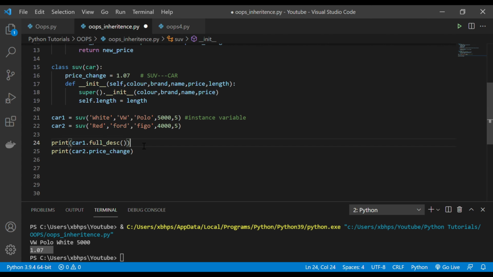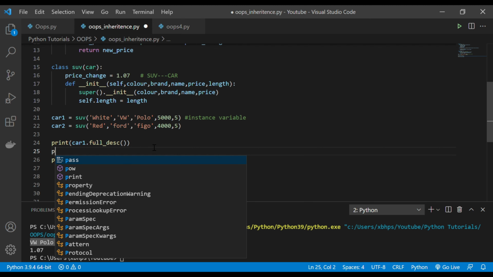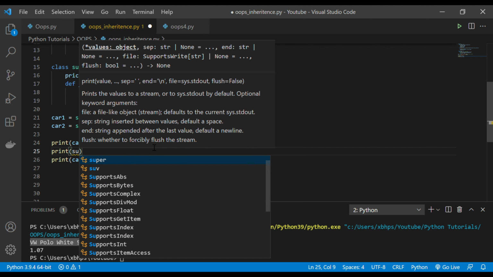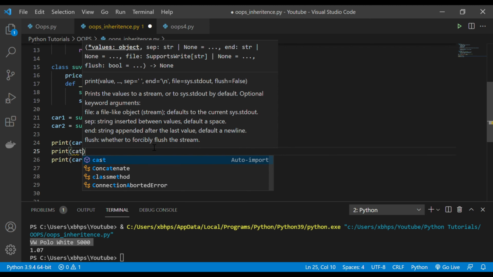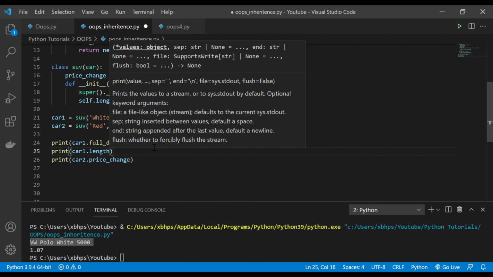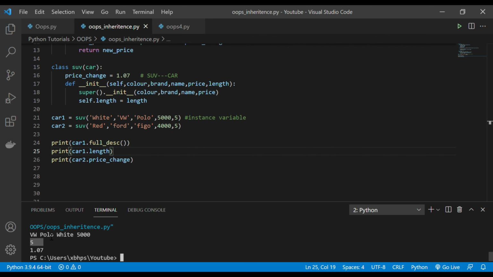Now let's say if I run this one, right? Let's run this complete. So if you see here, it is printing me. Okay, I have not used this length, guys. So let me just put something for the length, print, and we are going to use the instance of the class, right? So car one dot length, and now let's run this. So now you can see here, it is also providing me length, and everything else is working.